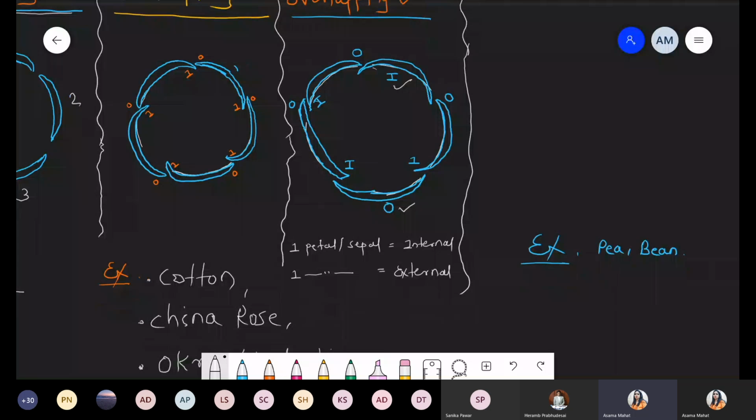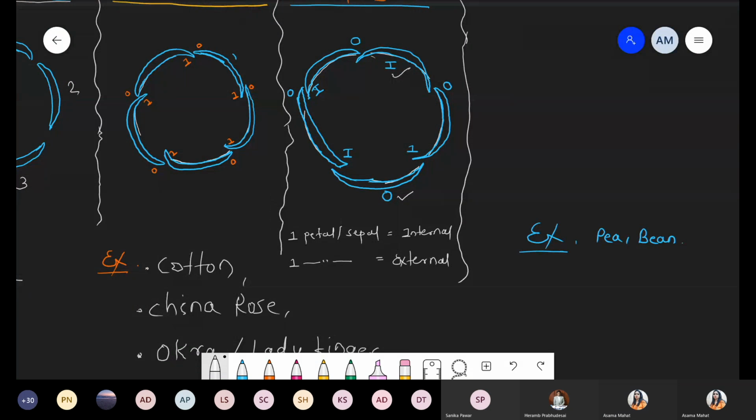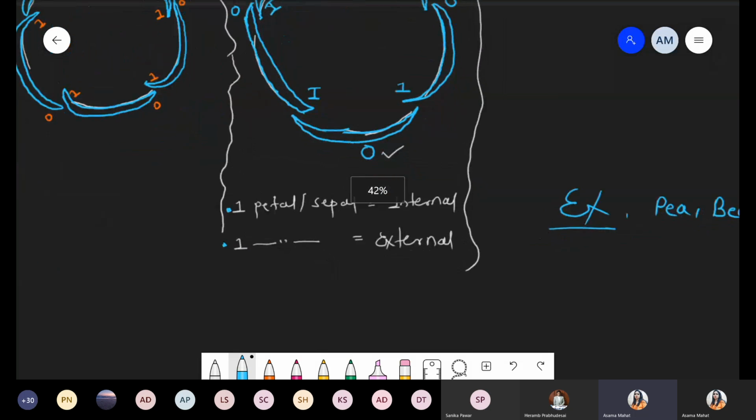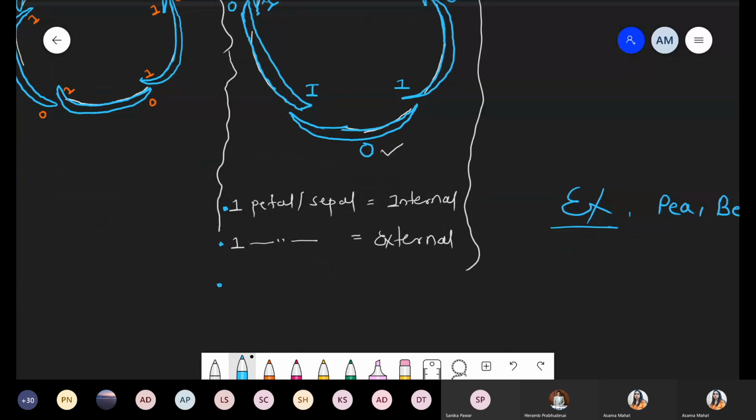But whenever we talk about the remaining other three, one is completely internal, one completely external, O for external, outer, and the other three,